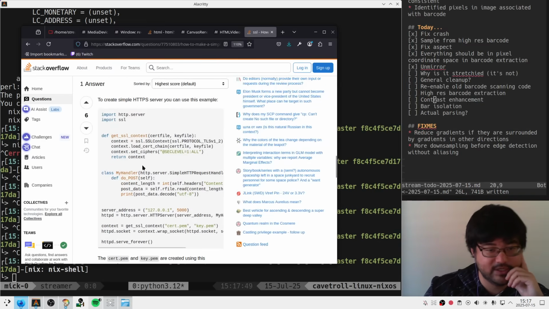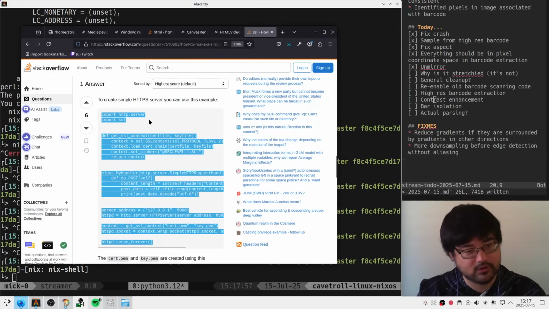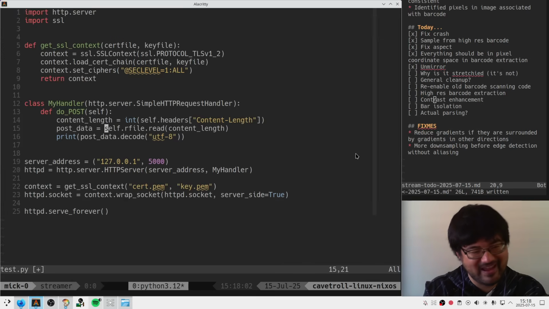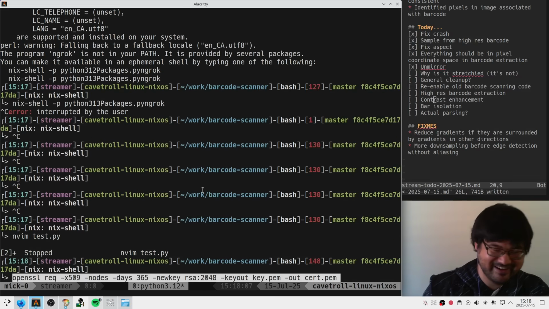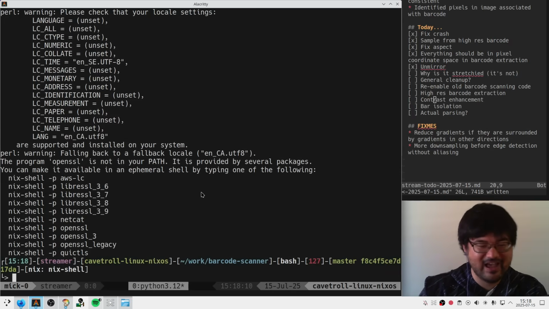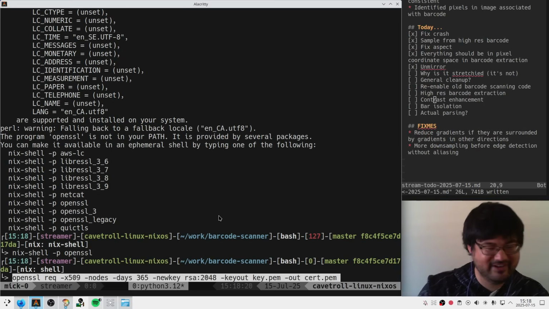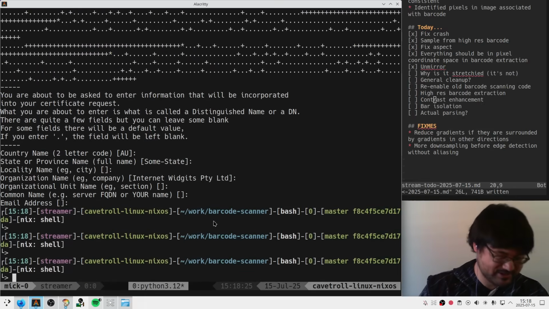Let's just do what this guy says. So he creates an SSL context from some key file. This seems reasonable. I agree with this. And then he's like, here's the OpenSSL incantation. Hell yes, please. I'll issue the incantation. Thank you. Alright. Okay, so